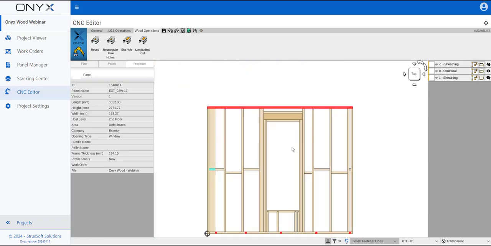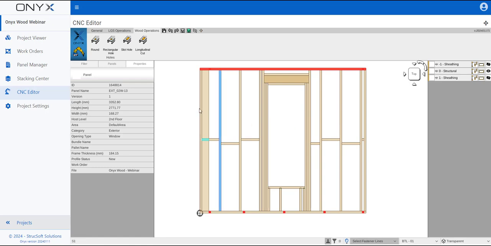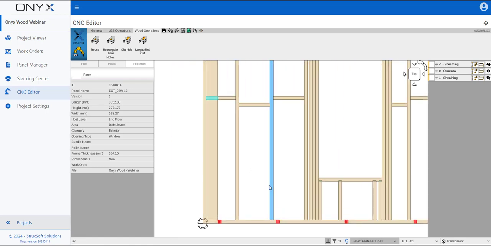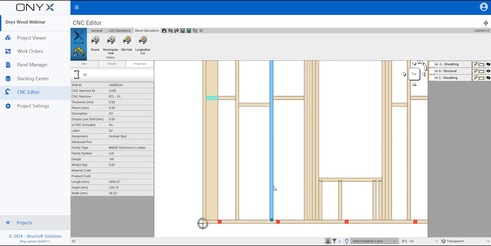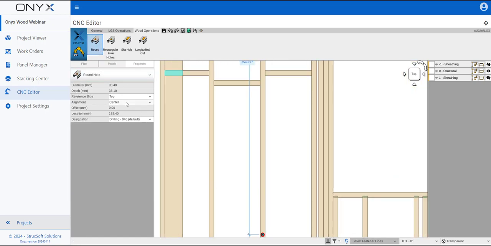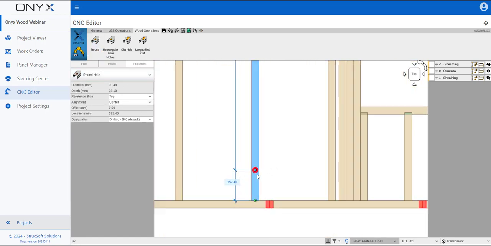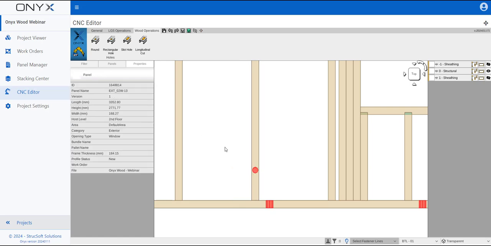Okay, so as we made a few modifications to the panel, we could also add round holes as well. So we could simply add a round hole, but as our panel doesn't need it, I won't add those operations, but just to show what they can do. If I click round, again we can choose the reference side. So in this case it is at the top. We can choose the depth, the hole diameter, and we can change the location as well as some of the